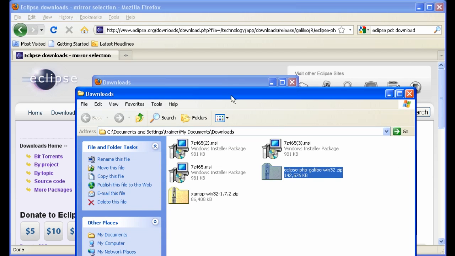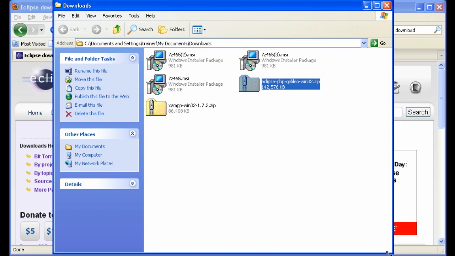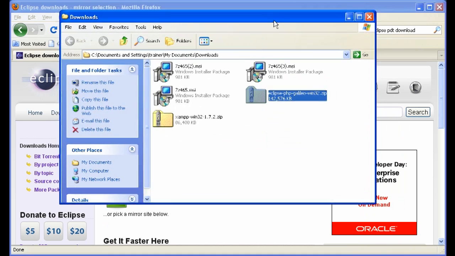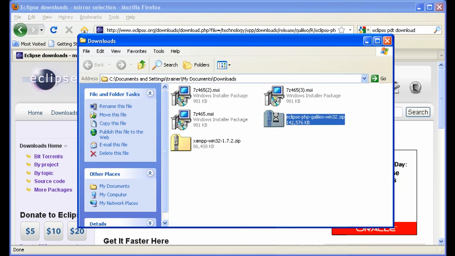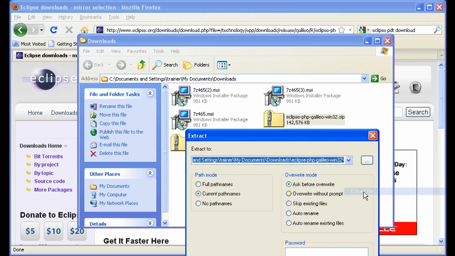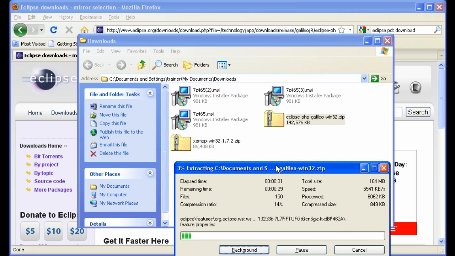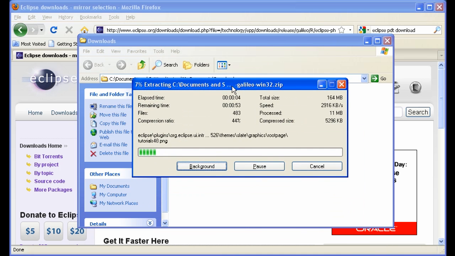go to the directory where it is currently residing, which in my case is the download directory. And we want to right-click, extract files again, and just like XAMPP, put it in C:, and make sure you remember the backslash, and enter. And all of the files will be copied into a new directory called Eclipse, which is under the root directory